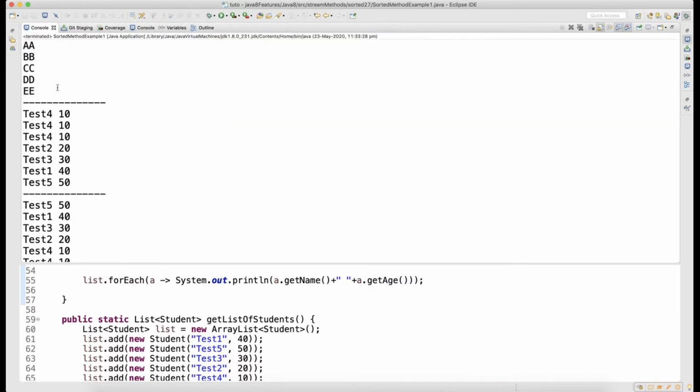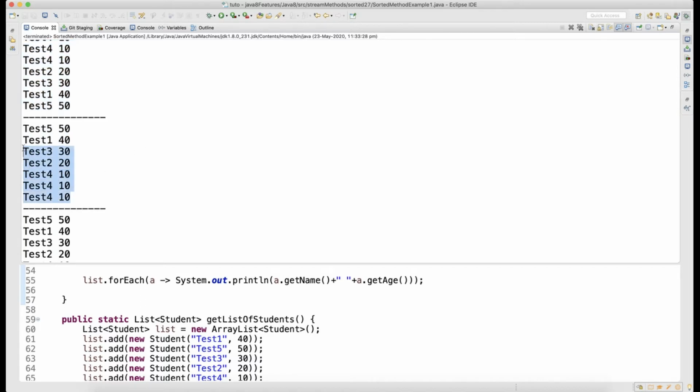Look here, this is the first one, which was just a list of strings, and we just call list dot stream dot sorted. The second one, you look here, we sorted based on age. So you can see that age is getting printed in ascending order, right? Then I sorted based on the age, and then I called dot reversed, which I told you. So when you say dot reversed, whatever output you had previously gets reversed. And if you look at this output, it's just reversed. So the age got reversed: 50, 40, right?